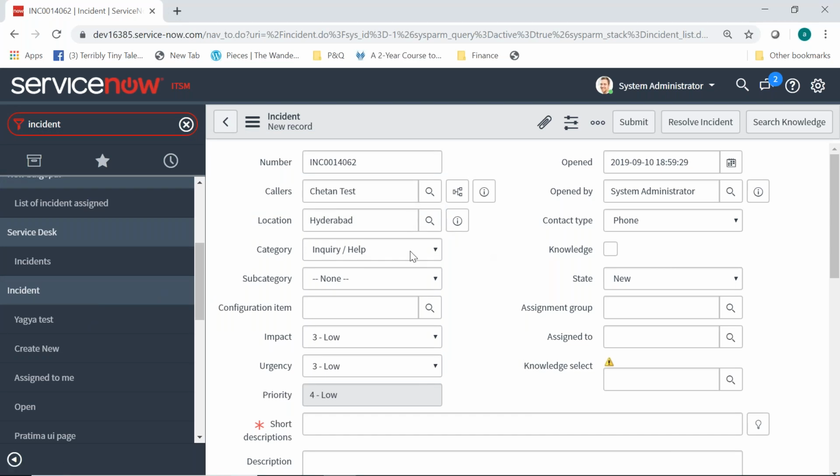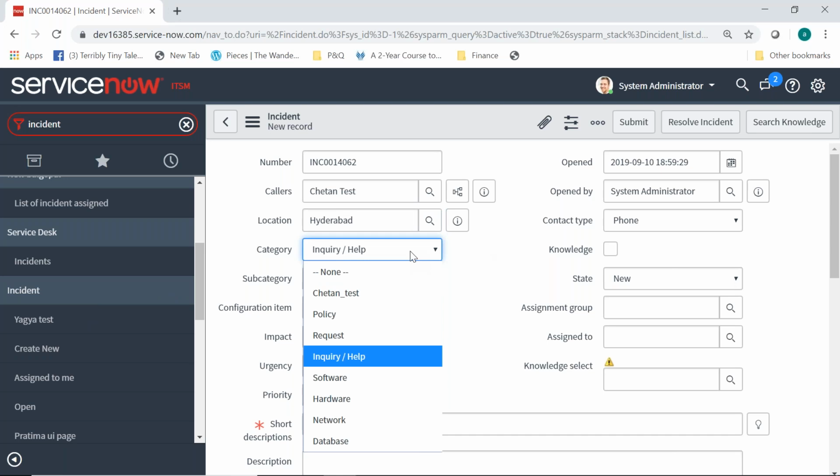Next is category. Now, you as an end user, guys, it is not required that you will know which team has to work on the ticket. You may know, you may not. So in the category, you as the end user have to provide the exact correct category value, that is, which type of issue you are facing. Is it related to software, hardware, whatever the case may be, you have to be specific with that. Because based on the category selected by you over here on the issue level, later on the group to which this issue will be assigned will be decided. So that's why you have to give the correct value in there.